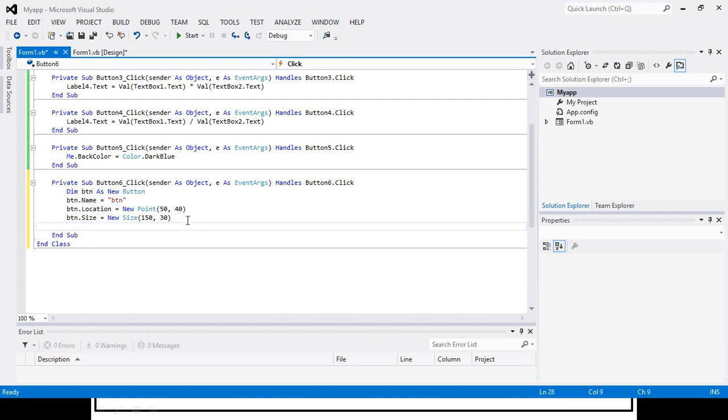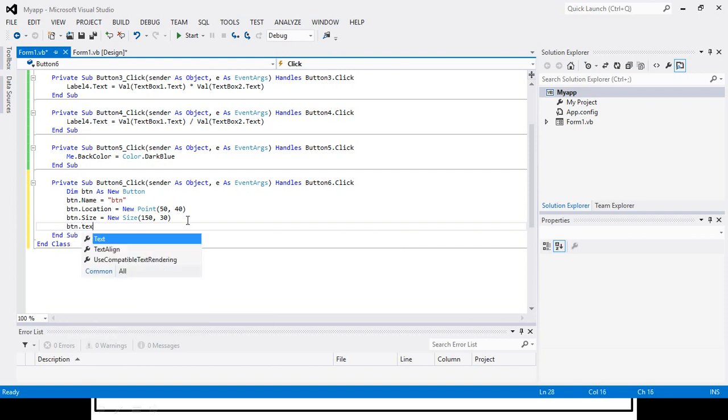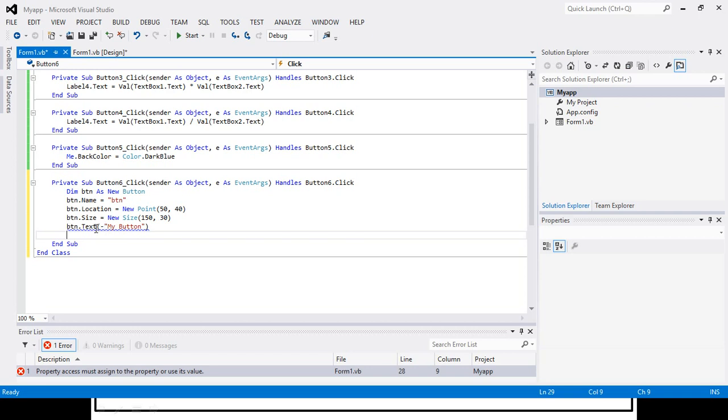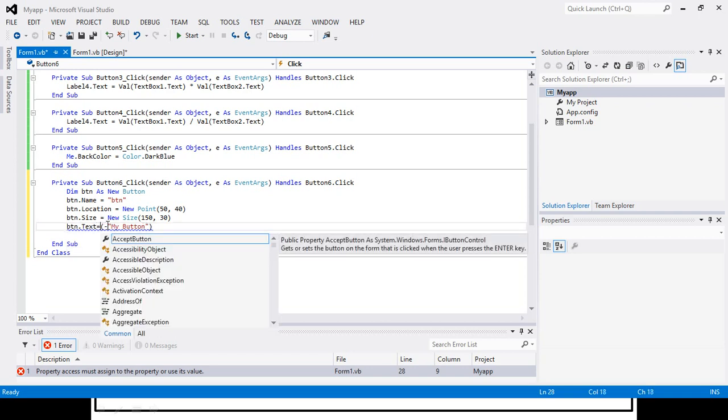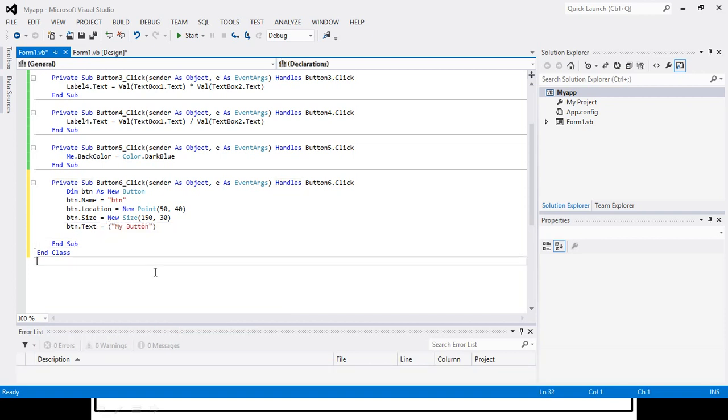The next property is text. What should be displayed on my button? So btn.Text is equal to, directly I will write whatever I want to display on my button. After that I will require to add this button control into my form.